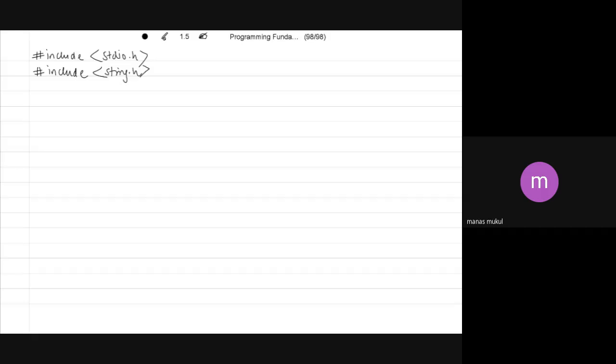Now let's start with a main method. So here is my main method. All easy. First thing, let's declare some data which we want to write onto the file. That's important. So let's store some data into an array. Let's initialize a character array. Let's say I have a character array, data, and let's give it the size 30, right? And let's initialize this character array,